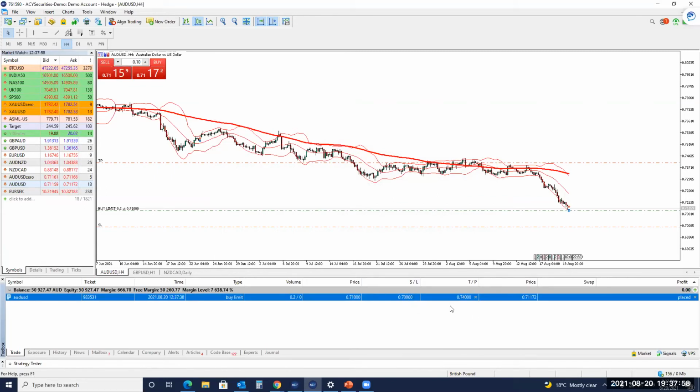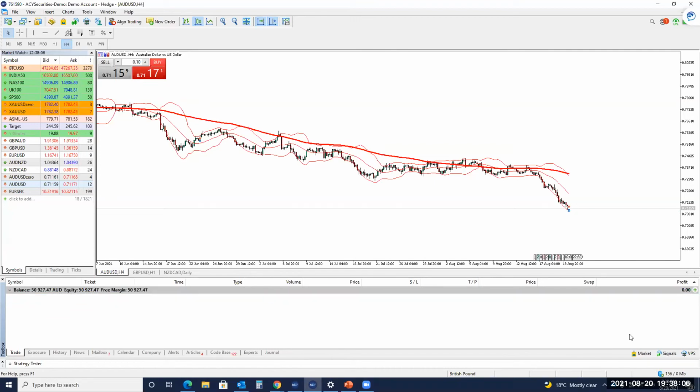If I wanted to delete them, I can click the X just like we did on the live trade. And there it is, ready to go. We'll get rid of that. So that's limit orders covered. Moving on from there,